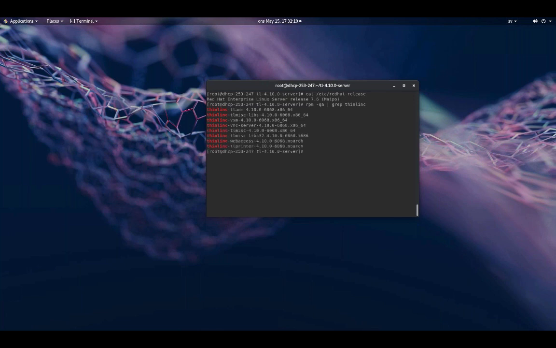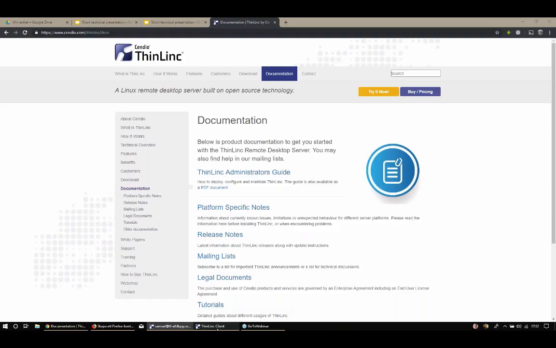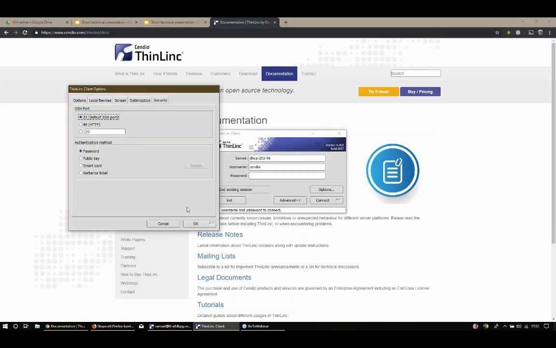We installed the ThinLinc packages on this machine, we ran the ThinLinc installation graphically, and then we connected to this server from this Windows machine here.